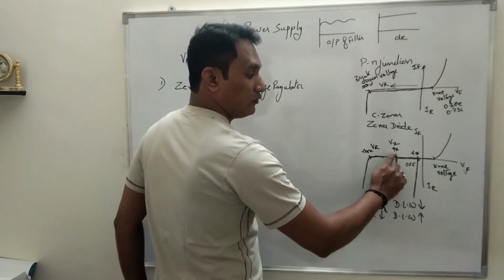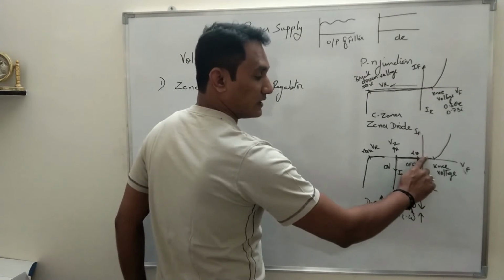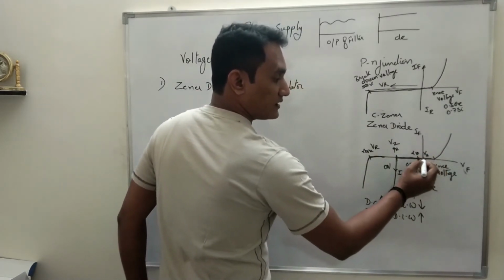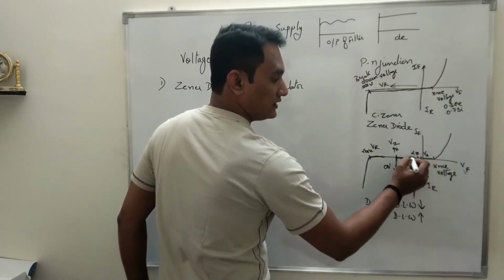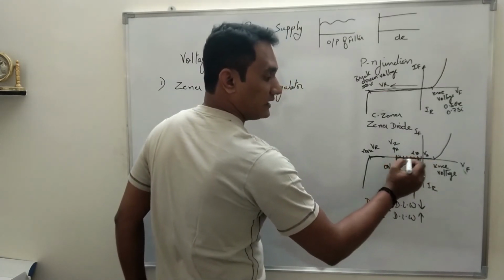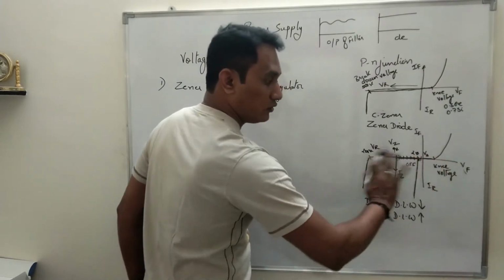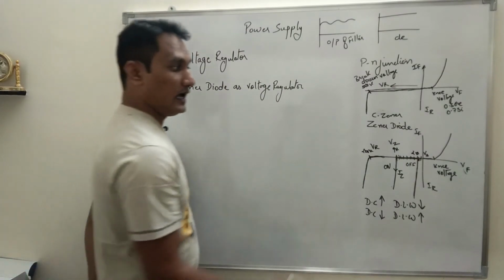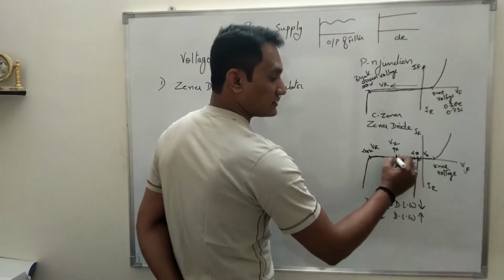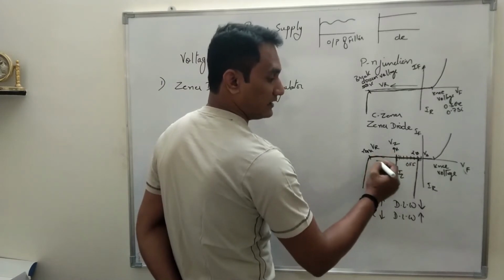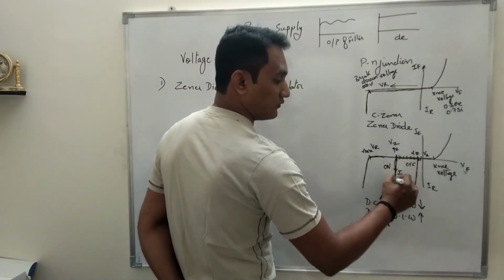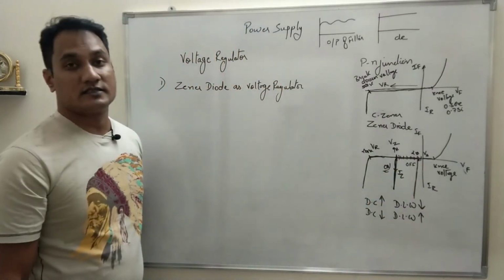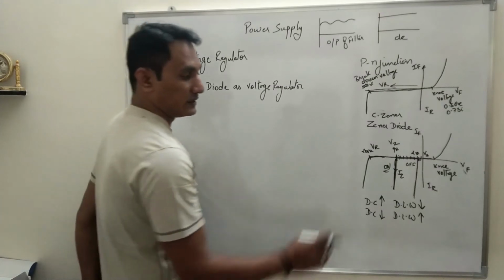So before 9 volt is reached, this is the source voltage which we are applying. Say this is Vs, the source voltage. So 1 volt, 2 volt, 3, 4, 5, 6, 7, 8. At this point no breakdown is there, so no current will flow through the Zener diode. The Zener diode will be in off state. And as soon as the breakdown occurs at 9 volt, and at any voltage more than 9 volt, current will start flowing through the Zener diode. That means the Zener diode will be in on state.